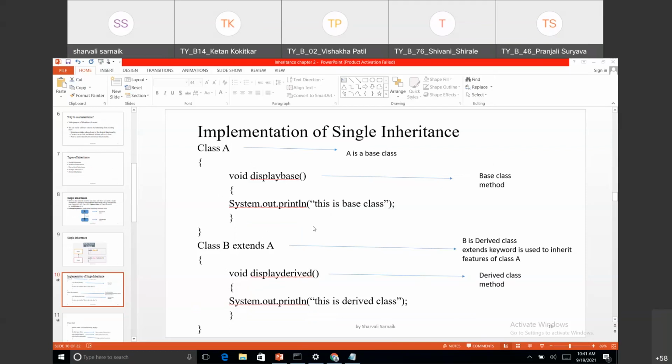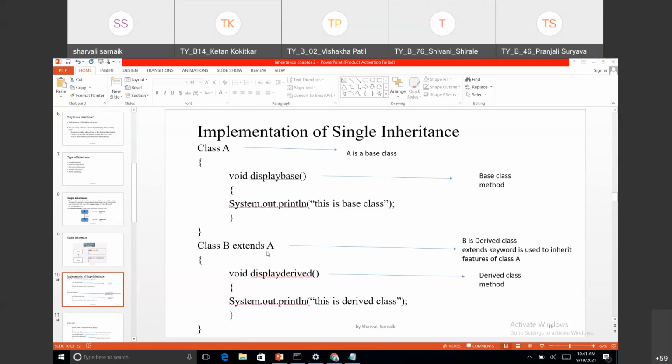Then I want to extend that class from A. So class B extends A, and in class B there is another method called display derived, and inside that I have written this is a derived class. This is a simple example of single inheritance. Class A has a method called display base. Class B has a method called display derived.